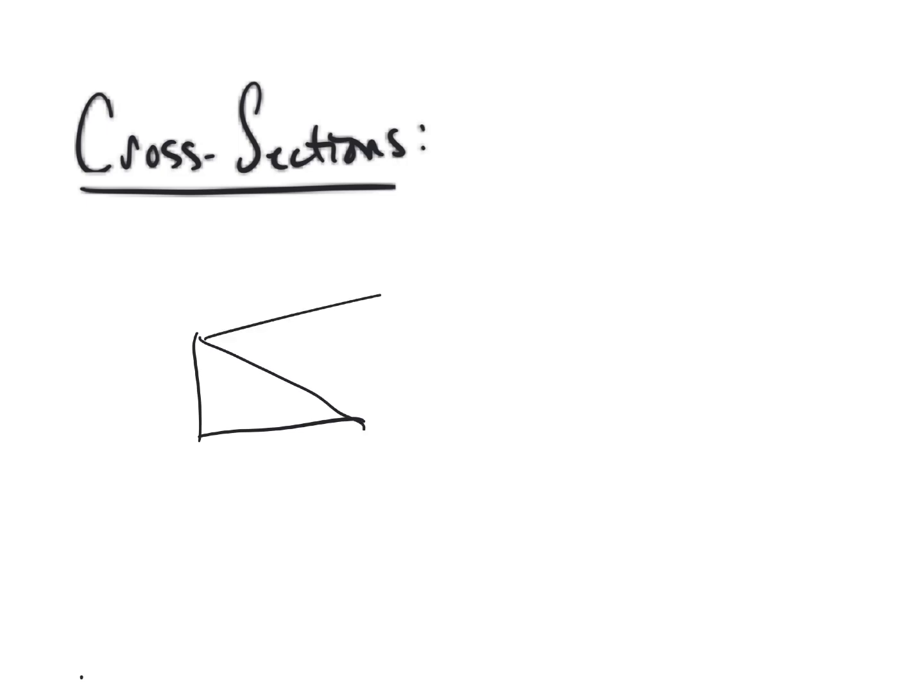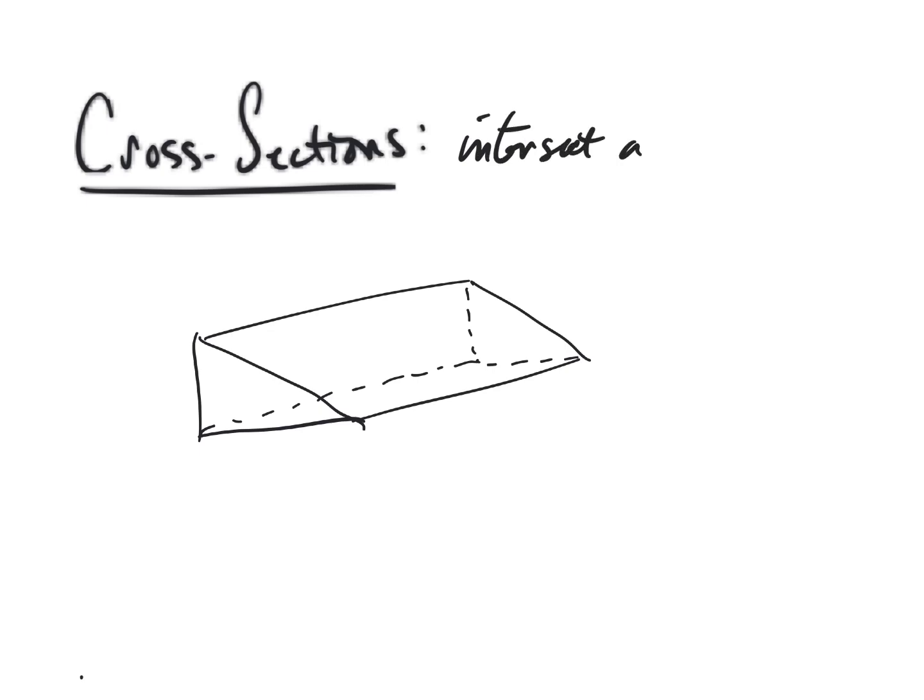So here's something that we'll later call a prism. Right, you wouldn't be able to see that side. So pretend that's a triangular prism, triangle on the front, triangle on the back, connected by quadrilaterals. Okay, and what we do with a cross section is we intersect a polyhedron, so a three-dimensional solid,